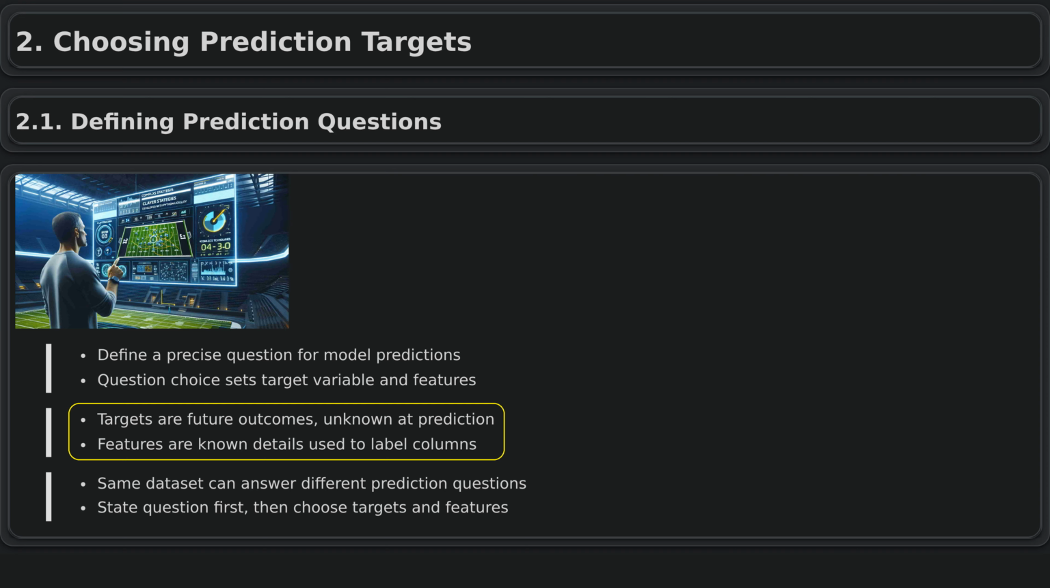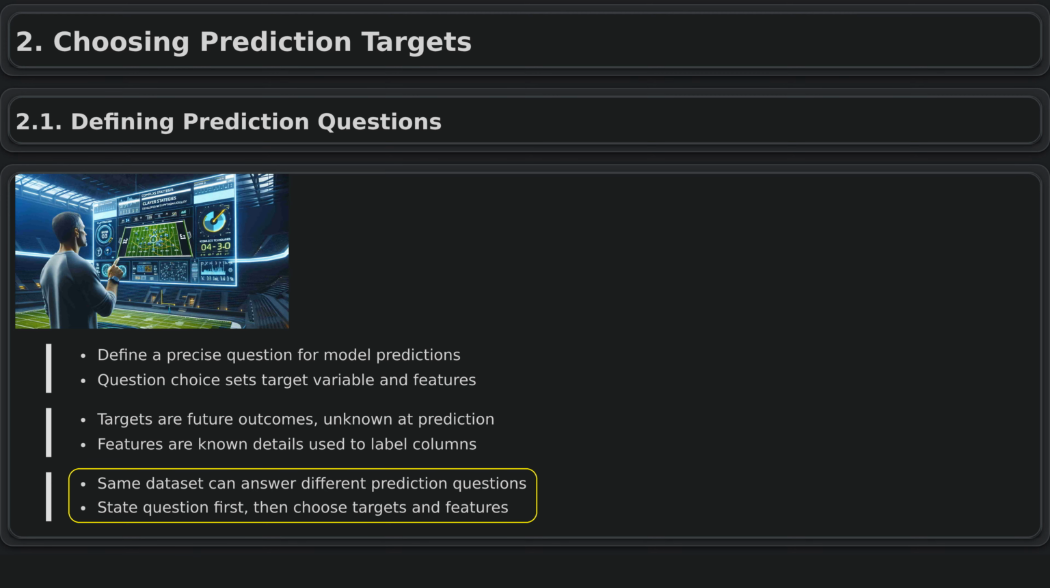For example, in an online store, if you want to predict whether a visitor will make a purchase, the target is whether they place an order, and the features could be pages viewed, time spent, device type, and cart activity. Aligning your data columns with this prediction question helps you label which column is the target and which columns are features. A single dataset can often be used to answer different prediction questions depending on which column you choose as